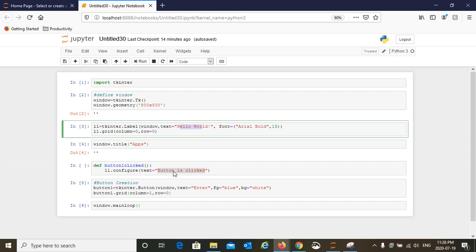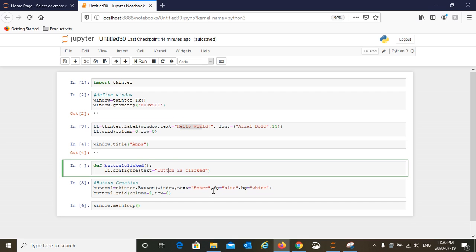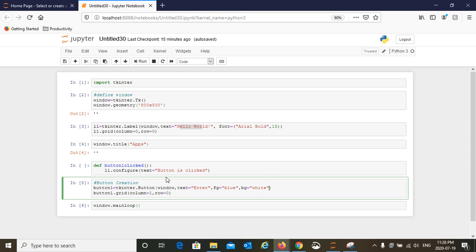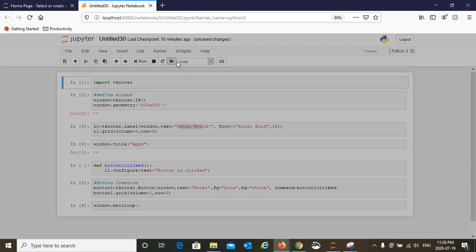It is hello world, but if this function is called, then that hello world will change to button is clicked. And that's what you are going to do. In that button, you are going to call this function. So let's say you are going to say command equals button1_clicked. And now see the fun.